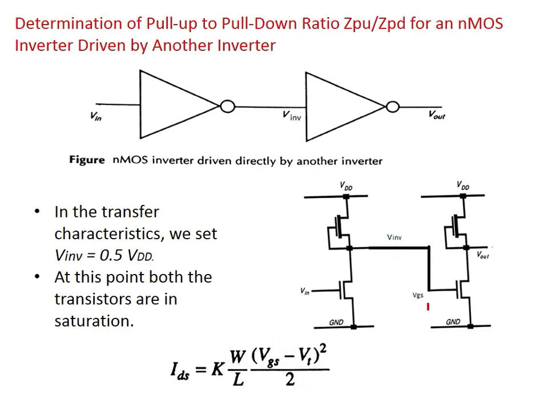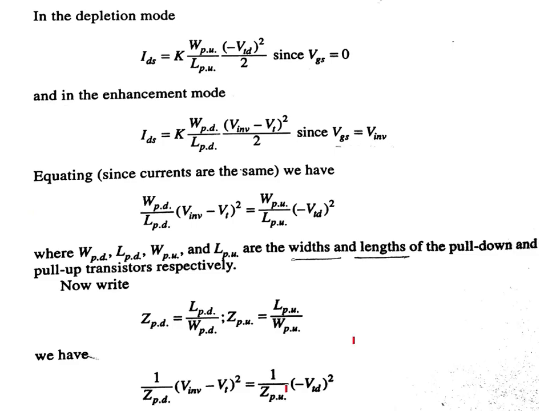See here, VGS is equal to V invert. That is, the input of the second inverter is equal to the output of the first inverter circuit. That's why VGS is replaced by V invert. Okay, like this. So IDS is equal to K into W pull down divided by L pull down into